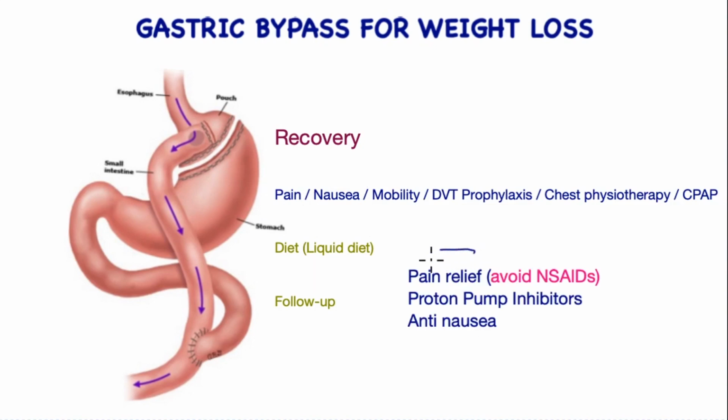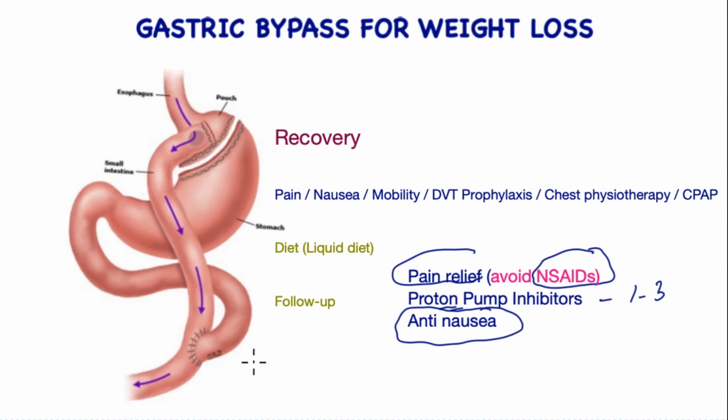Upon discharge, patients are given pain relief. However, non-steroidal anti-inflammatory medications are avoided to prevent the risk of ulcers forming. Patients are also given medication to reduce the acid content in the stomach by way of proton pump inhibitors that are usually continued for 1 to 3 months. Anti-nausea medication is also prescribed routinely to try and prevent severe heaving, which rarely is damaging to the newly formed